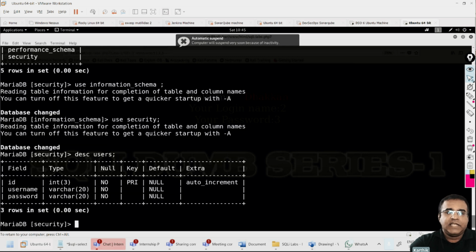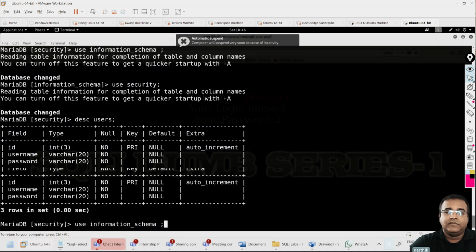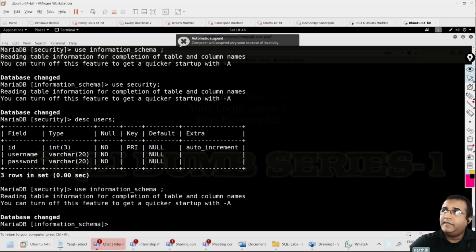See here, it is telling what the parameters are. They're telling which are the different fields, what the data type is, and what the other parameters are. It is a key value, null value, default and things. Everything is specified. But this information should be stored somewhere, right? Where is that information stored, like what are the columns in a particular table and all that? So that is there in the information schema.